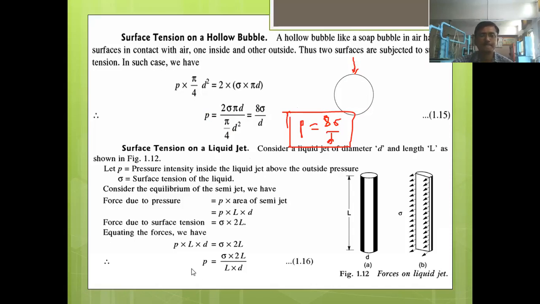Unit. The pressure intensity we measure in SI unit in Newton per meter square. This P is nothing but the pressure intensity, and the F we showed, P or F, was the pressure force. Force is measured in Newton and area is measured in meter square in SI unit. So the unit for the pressure intensity will be Newton per meter square.